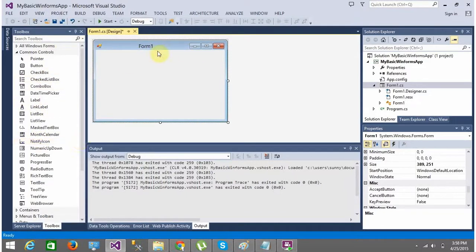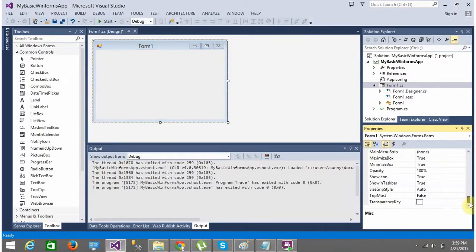Now this is my Form1. I do not want the name Form1 out here. I want this name to be changed to a simple WinForms application. So first select the element that you're dealing with. The object that I am dealing with is a Windows form, so I select the Windows form. Once I select it, on the properties panel you can see that the object I've selected is a Windows form. These are all the properties associated with the form.